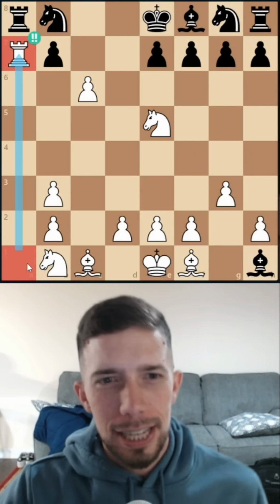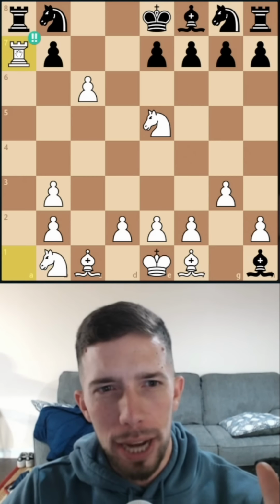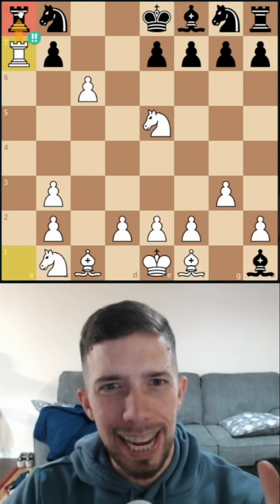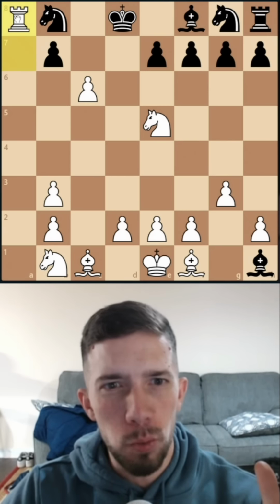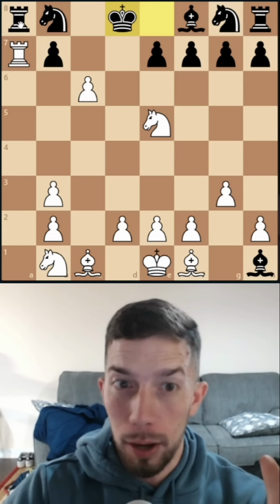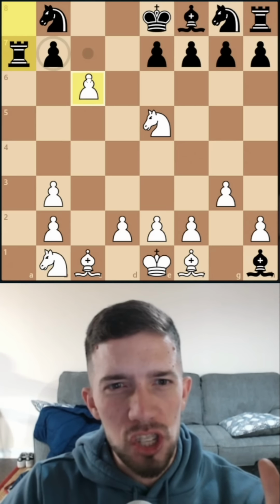What is the idea? Here, Black is just completely busted. If he does nothing, White is going to win the rook on a8 and the game. For example, king to e8 is met by rook takes a8. White is completely winning. Well, here, if Black takes the rook on a7, what we do is the move c7,